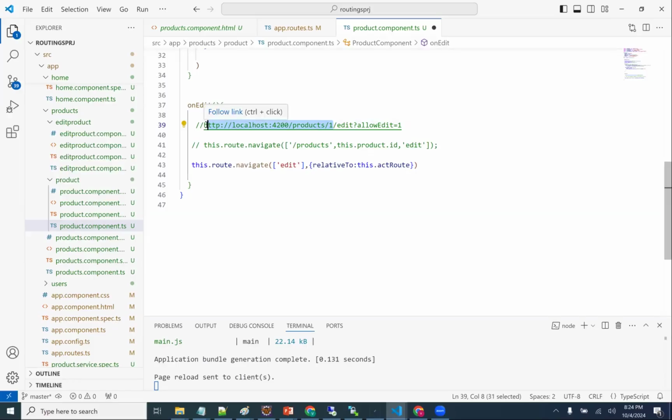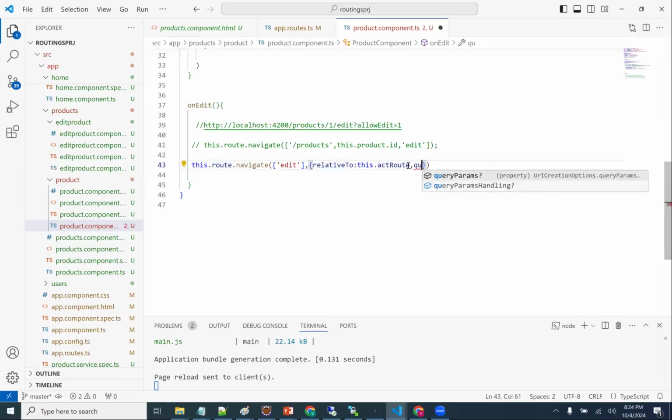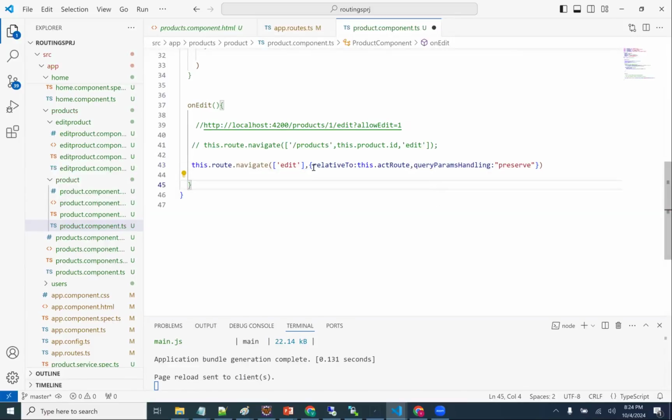Edit, comma, also query params handling is equal to preserve. While adding this, please keep the query parameters.